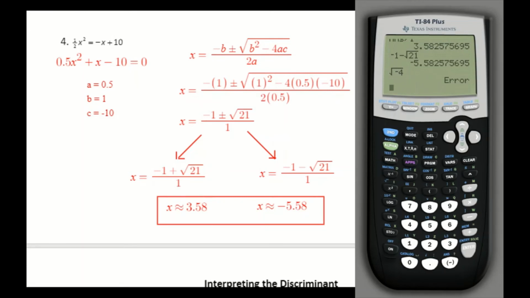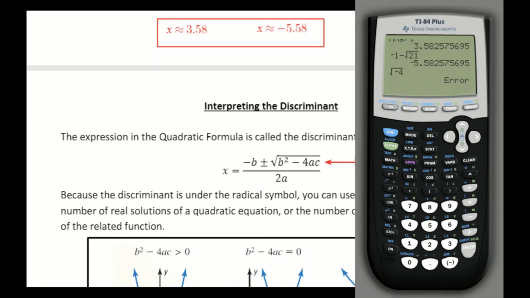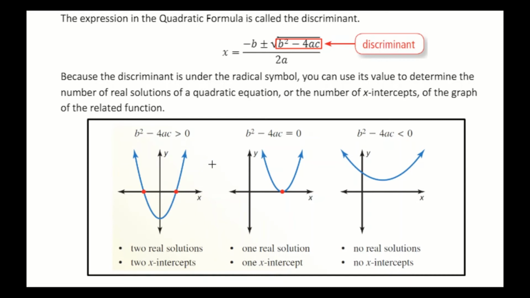So that brings us to the discriminant, which I've kind of alluded to a little bit as we've gone through these problems. But let me be a little clearer about what I mean here. The discriminant is that number that's underneath the square root. It's not necessarily the square root itself, but this little expression right here underneath the square root. So it's the b squared minus 4ac. And we can determine how many solutions the quadratic should have if we just calculate this. We don't need to calculate everything else, but if we know this piece, we'll know at minimum how many